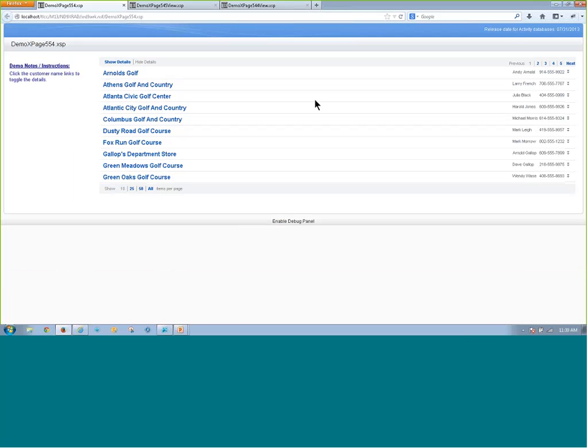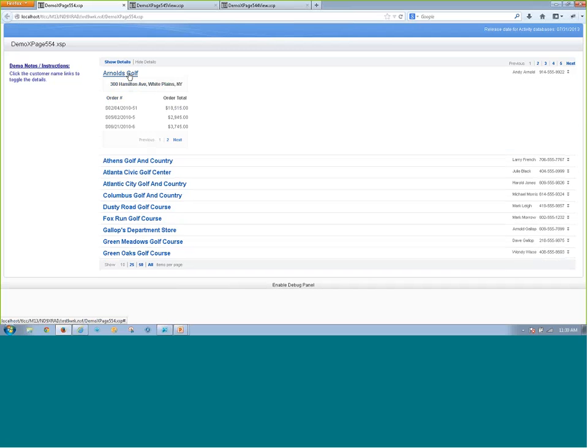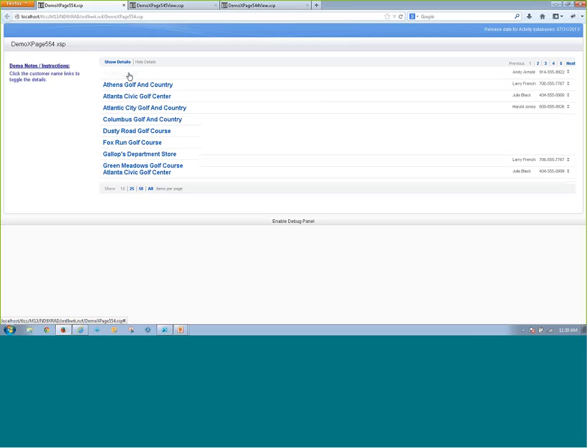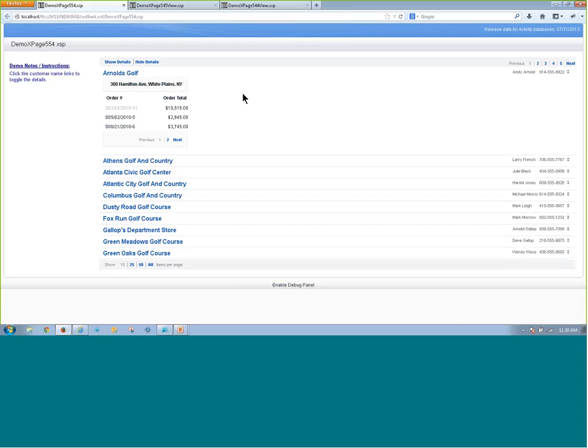Okay, so here again we have our list of customers, but in this case, if I click a link, it's not trying to open a document, it's toggling whether the details are expanded or collapsed. Now it's important to understand that in 8.5.3, there was a method of the data view called toggle detail visible, and you could pass it a row number and it would expand or collapse based on the current state.